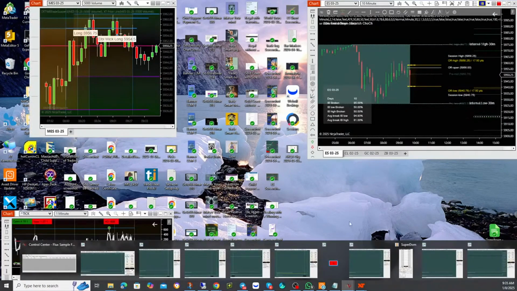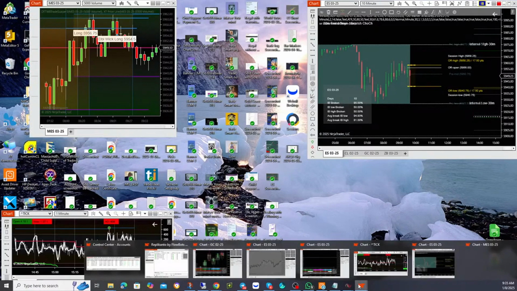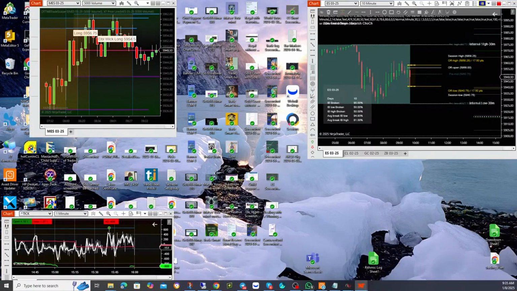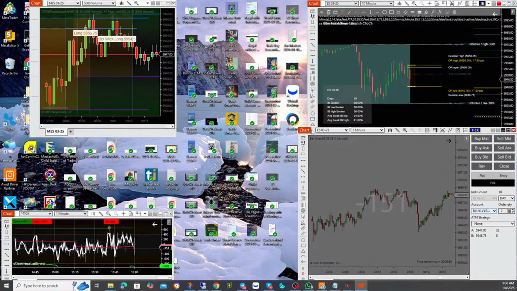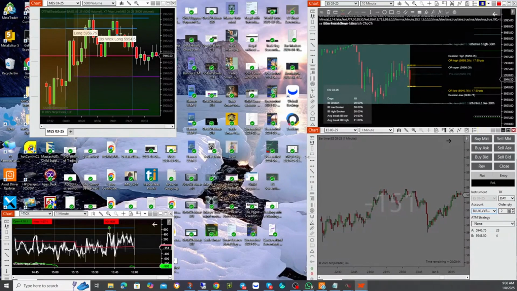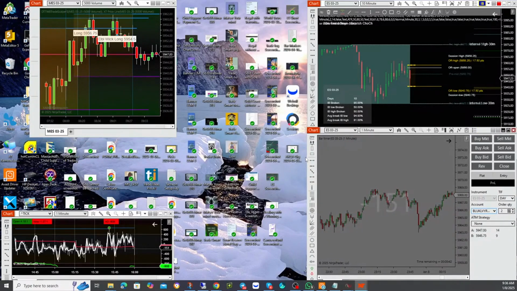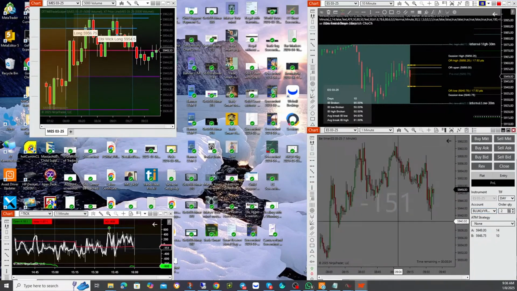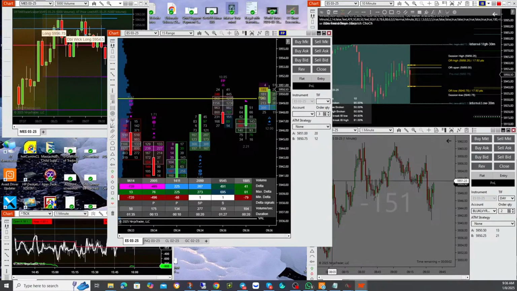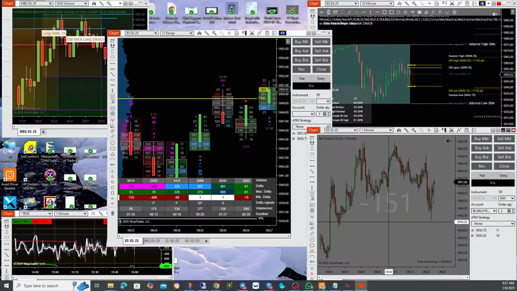I'm looking for one more screen to move. Yeah, this one. I want the 1 minute. I'm going to put this down here. I'm doing this on the fly because I was planning on displaying my VPS, but things didn't go as planned. So I'm just rearranging things here on the fly. Sorry about that. Here on my regular computer, I usually look at the order flow, which is very important